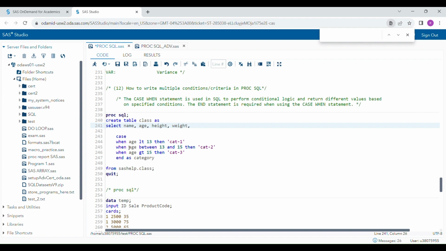So because this case when statement is a part of the select statement, and because you are creating a new variable, you have to write a comma here as well. That is very important to remember. And when you are writing case statements, within this it always starts with case and ends with end as,